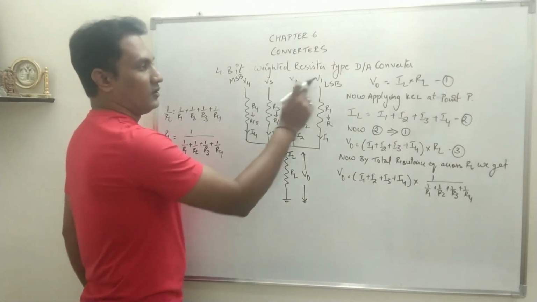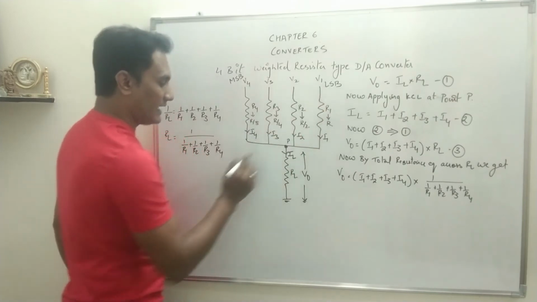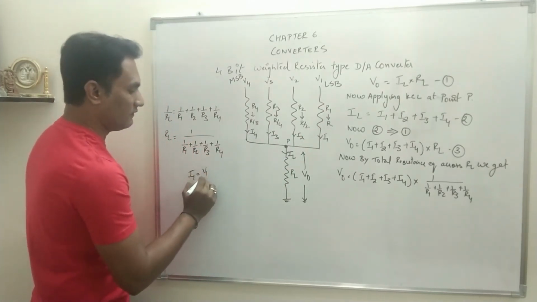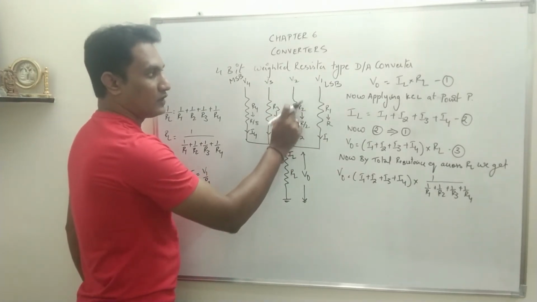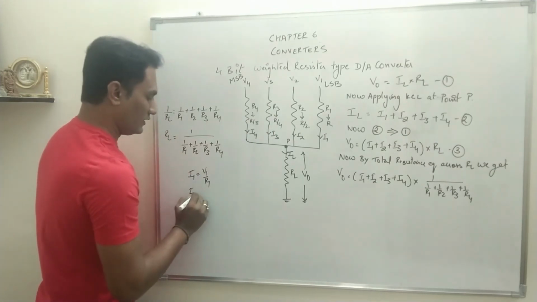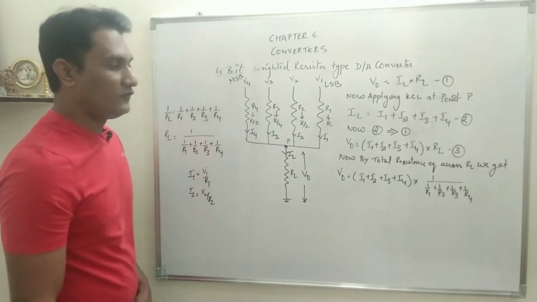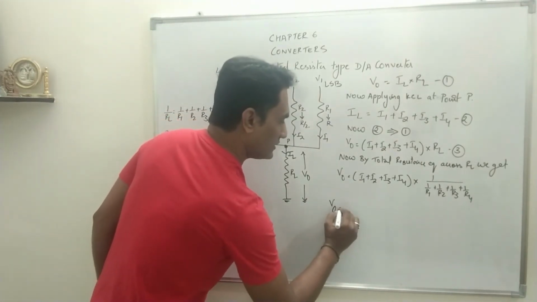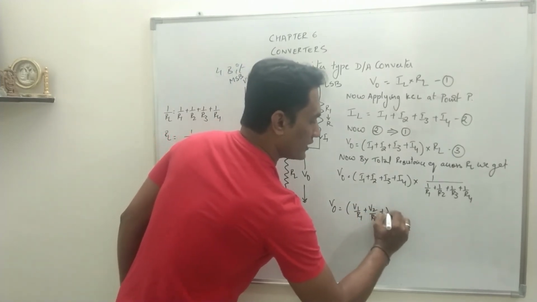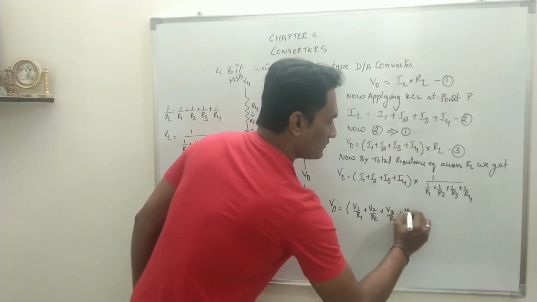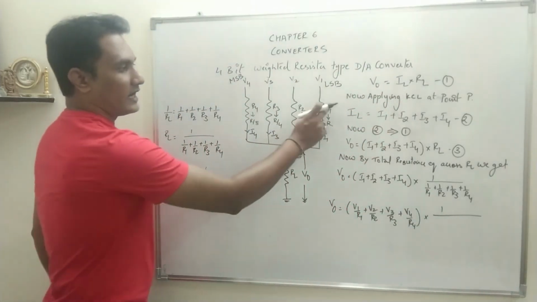Now what is I1? I1 is the current flowing through R1 when V1 is applied. So can I write I1 is V1 upon R1, according to Ohm's law. Similarly, I2 is the current flowing through R2 when V2 is applied. So I2 will be V2 upon R2. Similarly, I3 is V3 upon R3 and I4 is V4 upon R4. So substituting that value, what we will get is V0 is equal to V1 upon R1 plus V2 upon R2 plus V3 upon R3 plus V4 upon R4 multiplied by 1 upon,